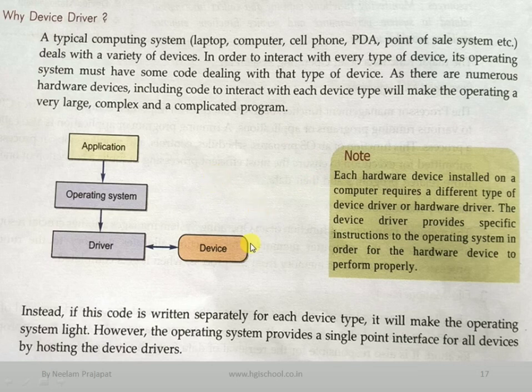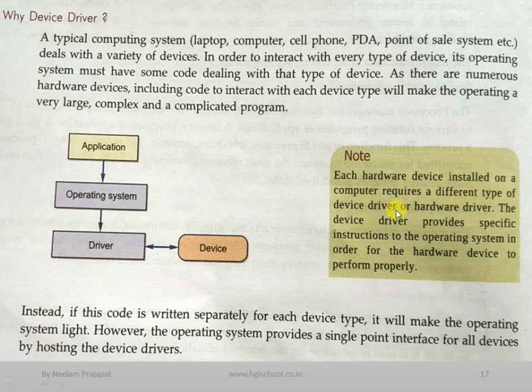So now what happens? There is a device, and in the operating system we need to install device drivers. Then, if application software is there, like if we have to give the command from MS Word to print, then the operating system will give that command to the device drivers, and then the device driver will in response give the response to the device, and then the device will print the document.